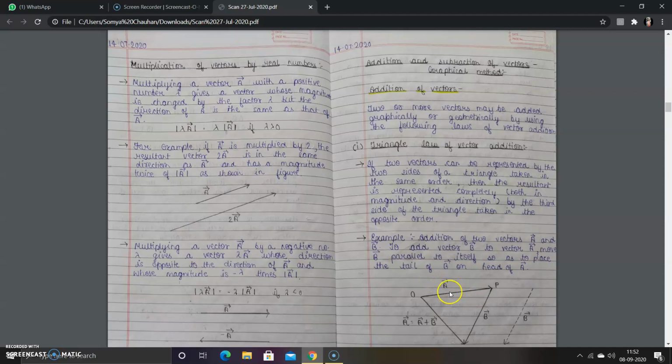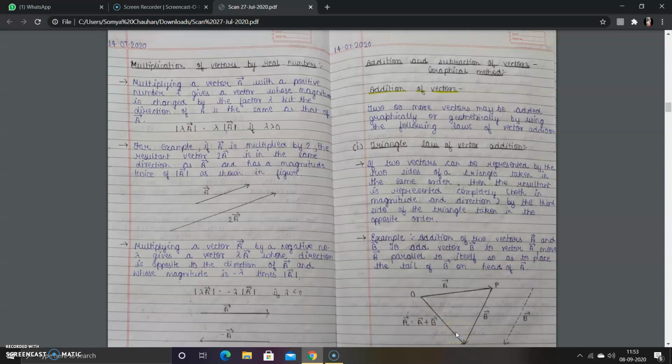The next thing is that a vector and b vector are showing the two sides of a triangle. The third side of the triangle is shown by the resultant of the two vectors. The resultant is given by the vector which starts from the tail of the initial vector and goes to the head of the final vector. So you can see in this diagram the tail of the initial vector is O. What is the tail of a vector? O. And the head of the final vector is B, this point here. So the resultant vector will be O to R.